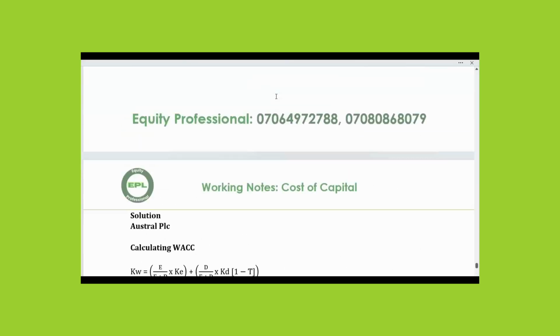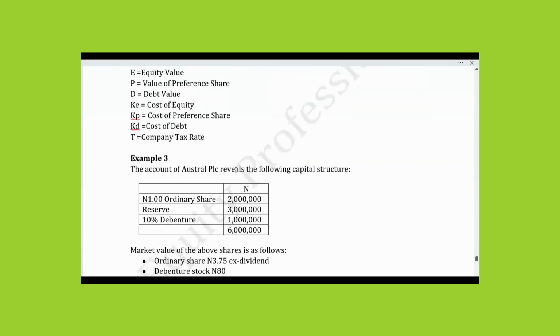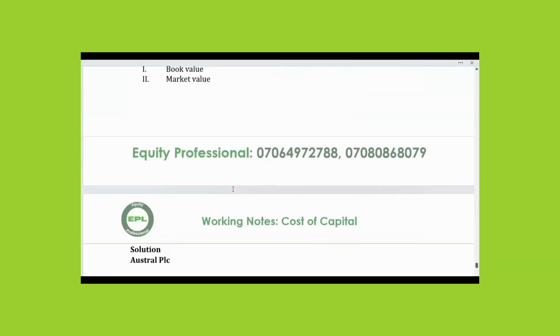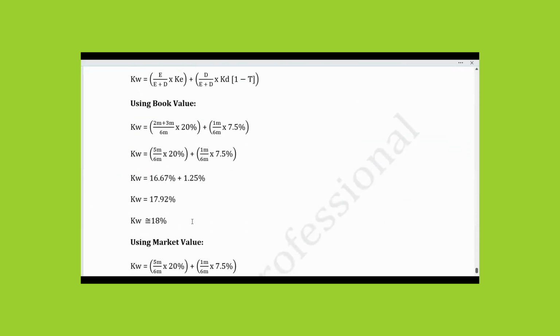Working number one, I want to determine equity value. Equity value is calculated in the question. I need to check if I'm given the number of shares. In the capital structure, I'm given share capital. The examiner did not give me the number of shares. Therefore, the formula to use will then be,